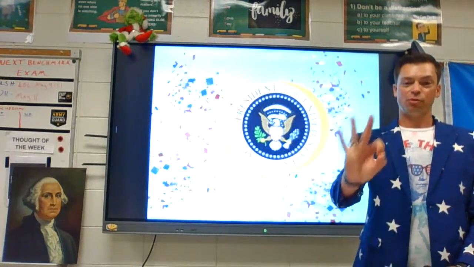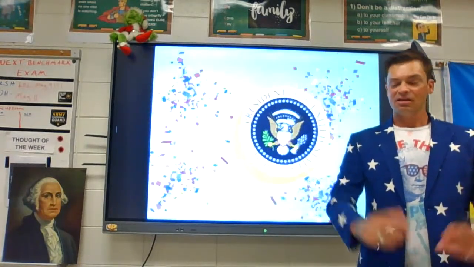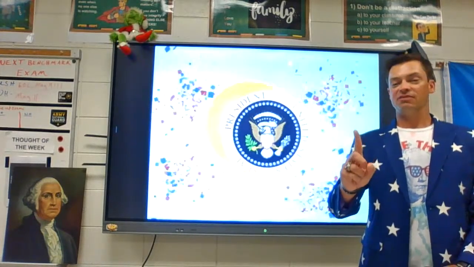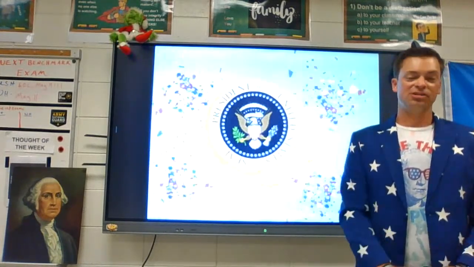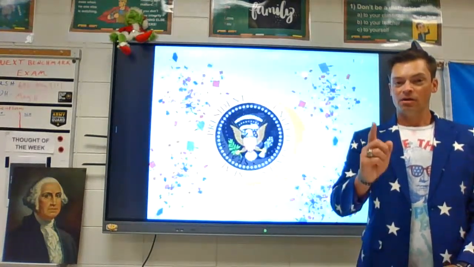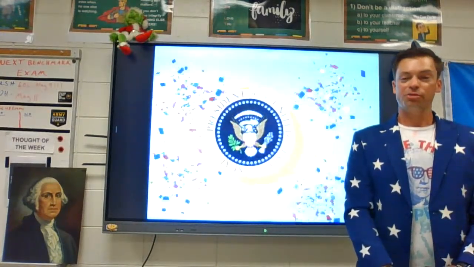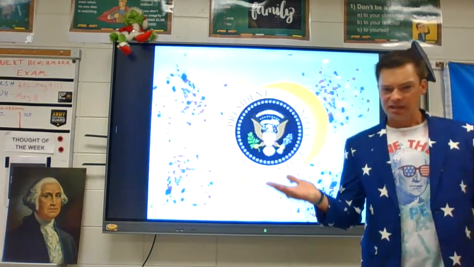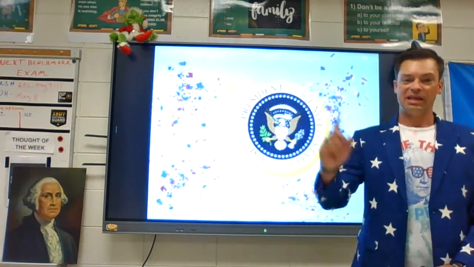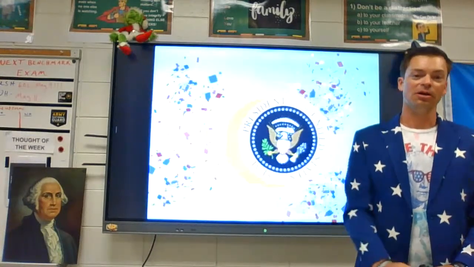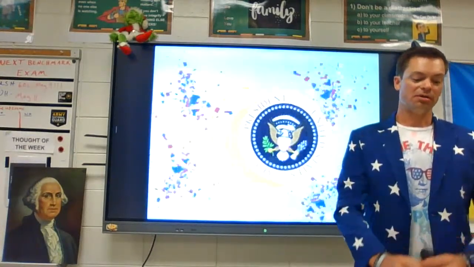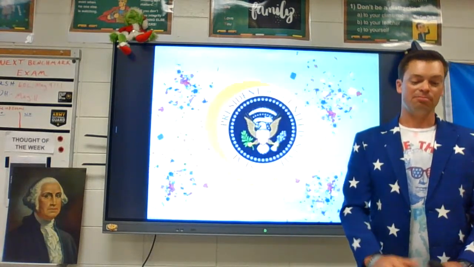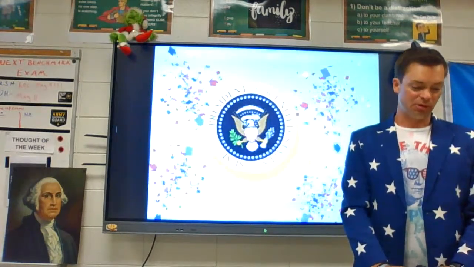The experiment would have 3 branches of government, and not to dive into a government class today, but as a reminder, those branches are the legislative branch, the executive branch, and the judicial branch. And what you need to know today is that all 3 of these branches were going to share power. That's a very tricky balancing act, especially coming from a world where a king held all the power, really all of those branches in one position. So this was going to be a very different idea by sharing power and balancing power between 3 branches.